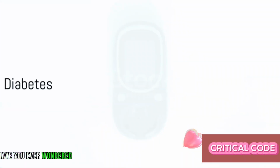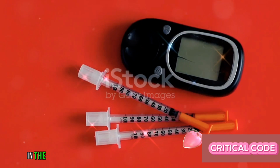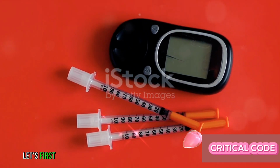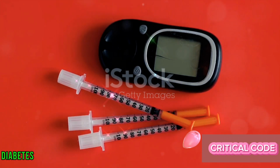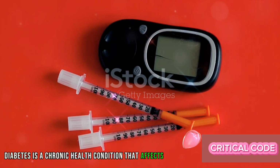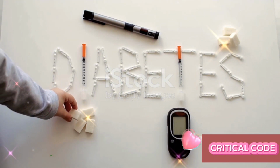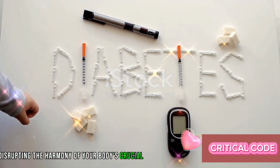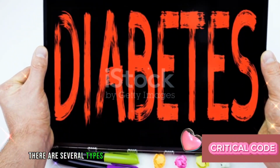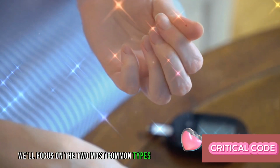Have you ever wondered why diabetes care is so crucial for those living with the disease? In the journey of understanding this, let's first break down what diabetes is and the different types that exist. Diabetes is a chronic health condition that affects the way the body processes blood sugar, also known as glucose. It's like a silent invader, disrupting the harmony of your body's crucial systems. There are several types of diabetes, but for today, we'll focus on the two most common types: Type 1 and